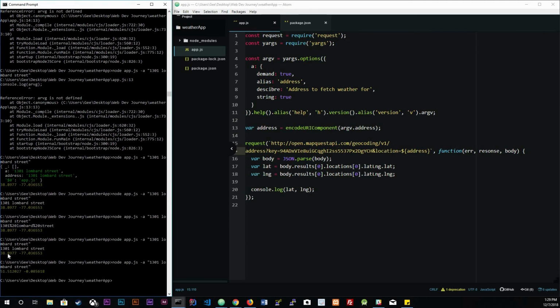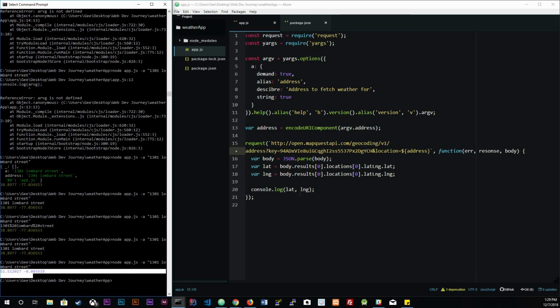You should still get, we get different results, yes, because it's another address, right? I get 51 -0, this, whatever. You could type in your own address if you want to see if it actually works. But guys, this is the beginning of it, and I'm pretty sure I'm running long, so I'm gonna just cut it here. So now we made a request to get the latitude and longitude,